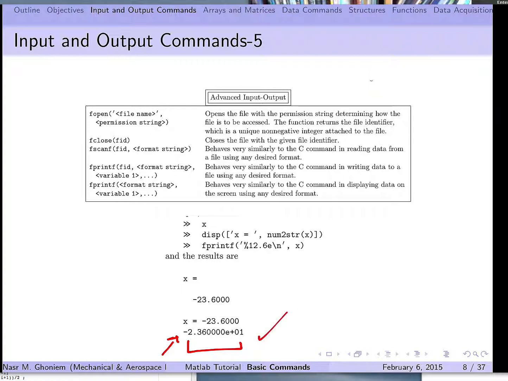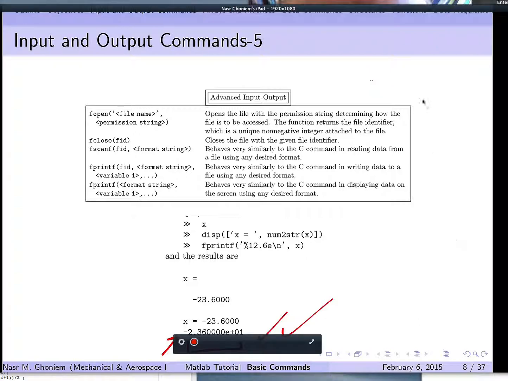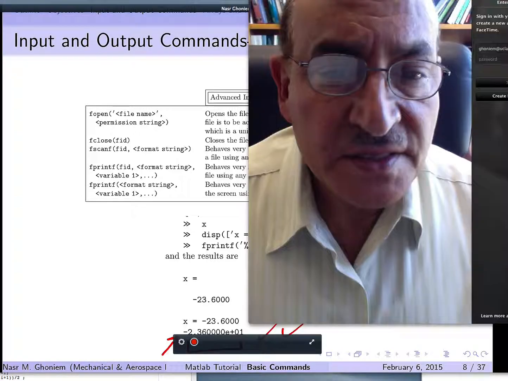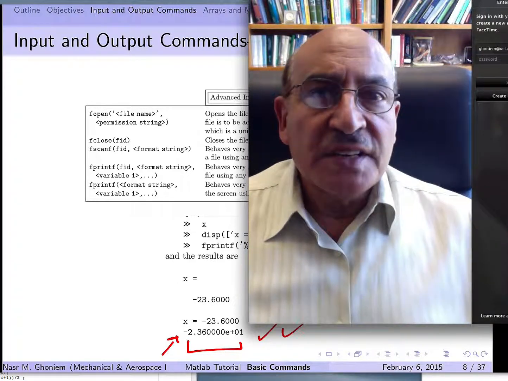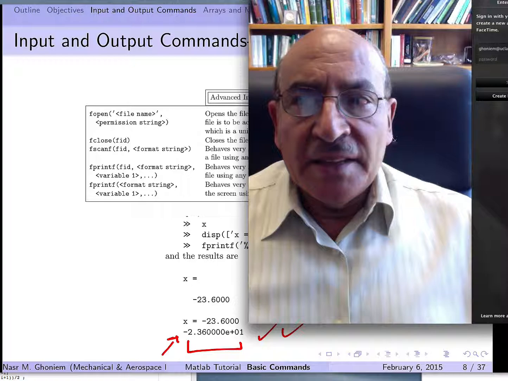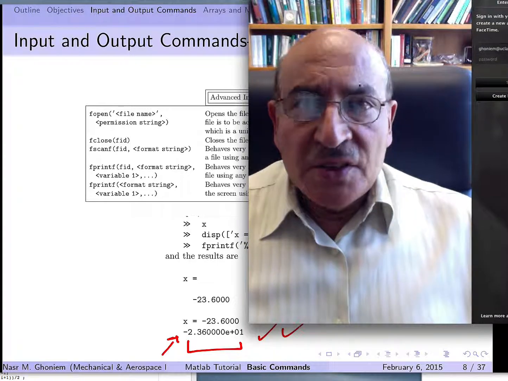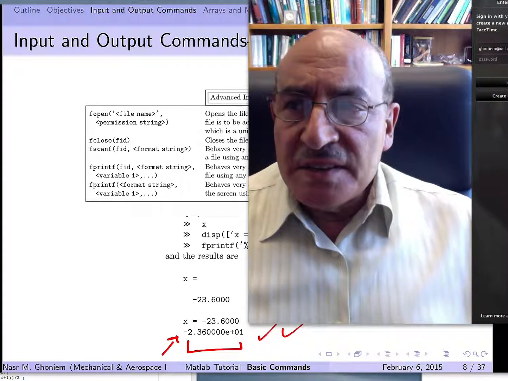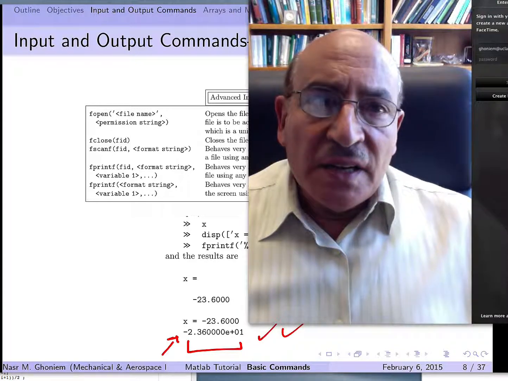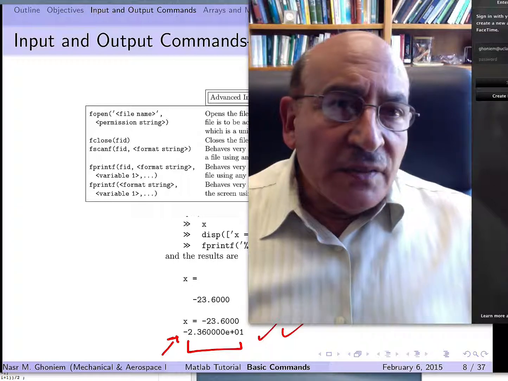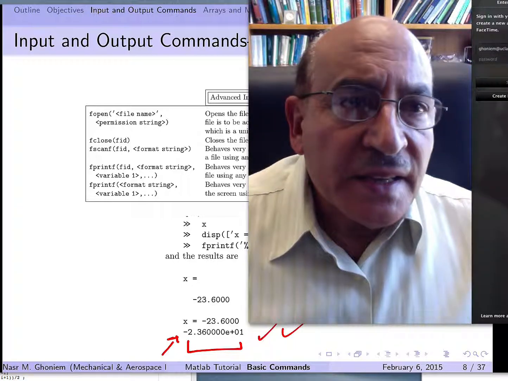So this is kind of the most common way of doing scientific output calculations, and we use it in general to generate the data and the results. So with this, I think we are in good shape now to finalize this area of